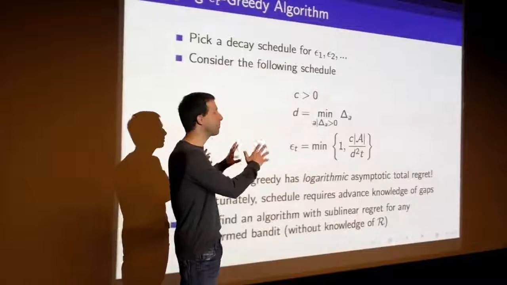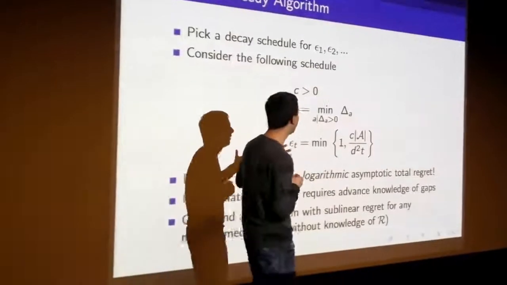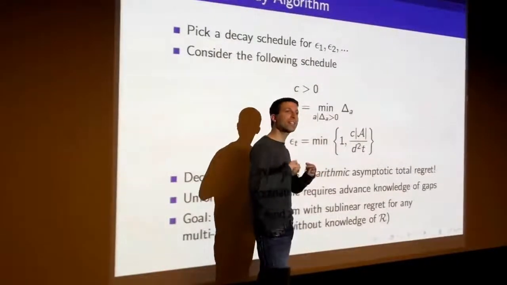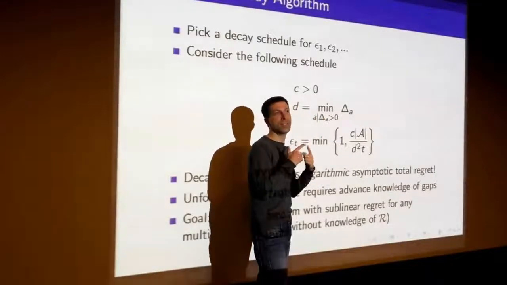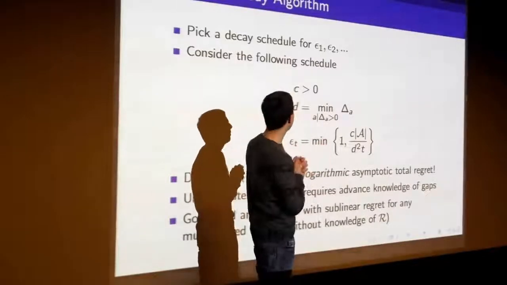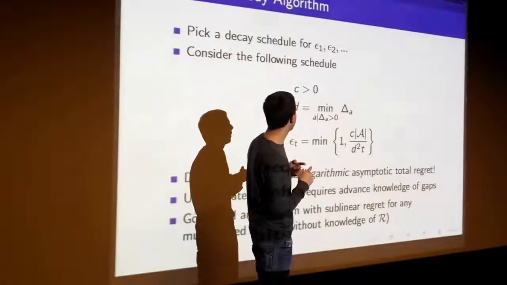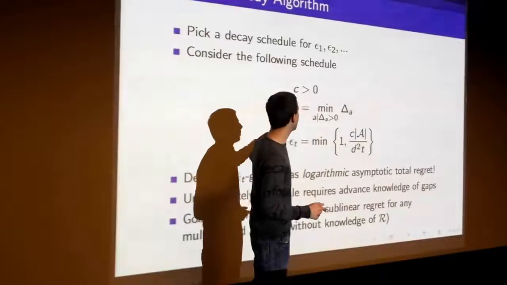You can't do this in practice because it uses knowledge about V star, which we don't know. But let's say someone told us V star, and we could measure all of our gaps. Let's say we knew the size of all of our gaps, which we don't. If we knew the size of all our gaps, then what we could do is invent this schedule, which says,